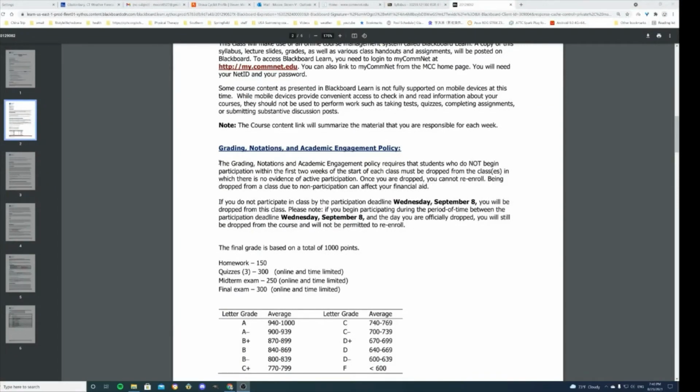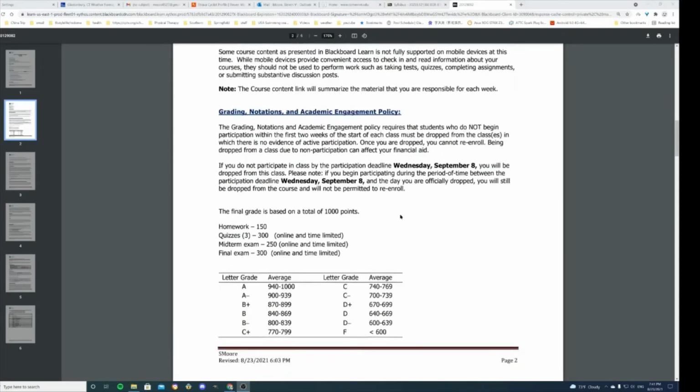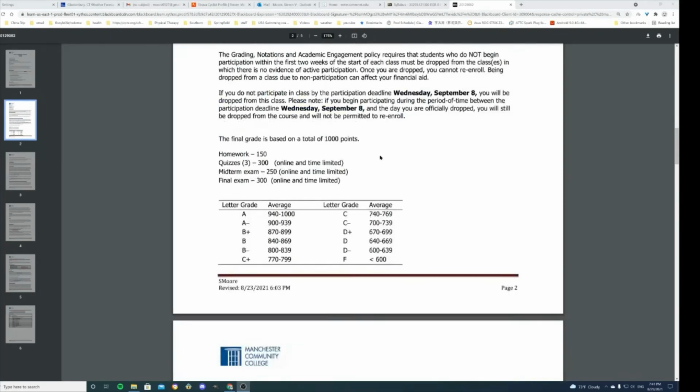Some of this information is directly from the syllabus template that was provided by the school. One of the things you need to do is have some class participation by Wednesday, September 8th. And for us, it's just read the syllabus and say you read the syllabus, right? That's good enough. That gives you 5 points out of 1,000 for the class to start with, right? Okay. And so it's based out of 1,000 points.